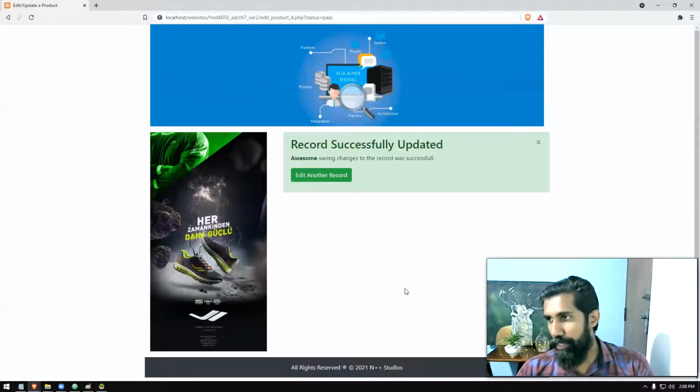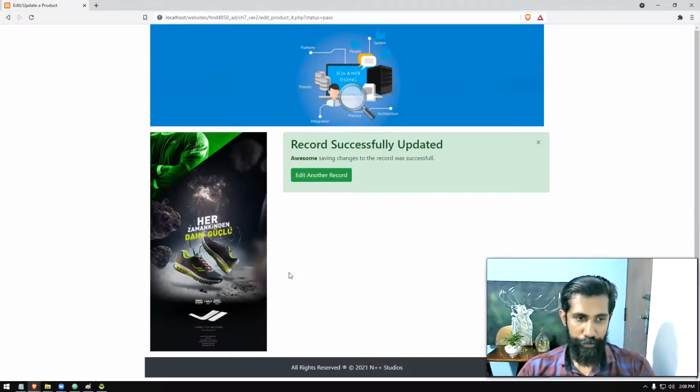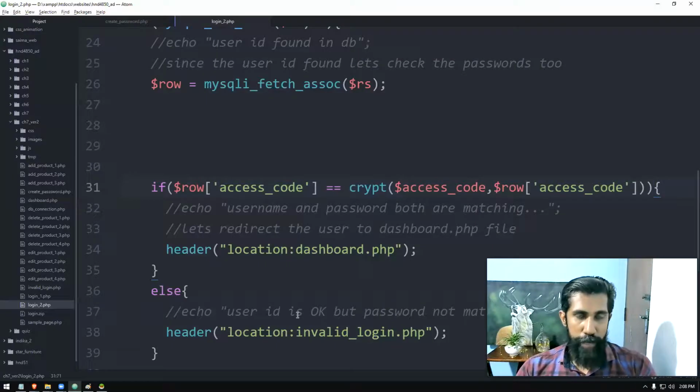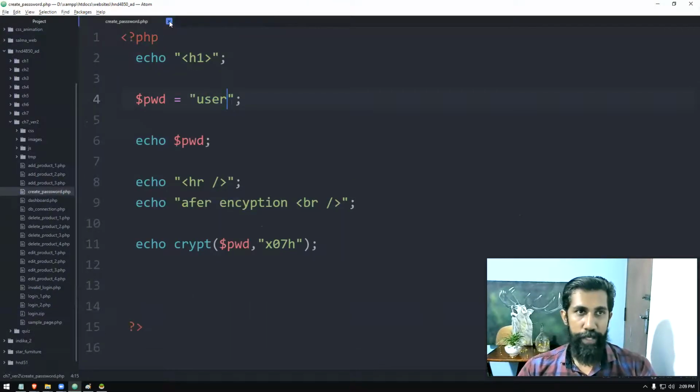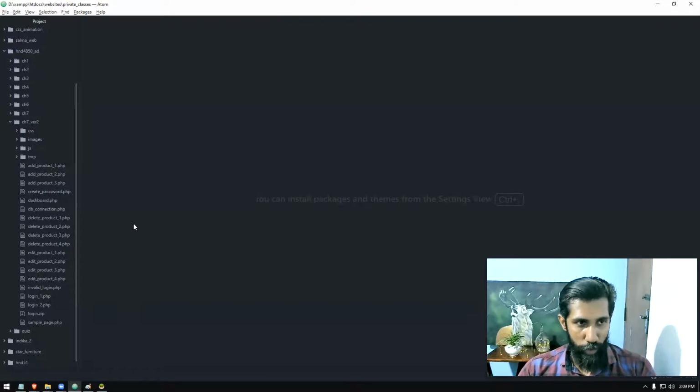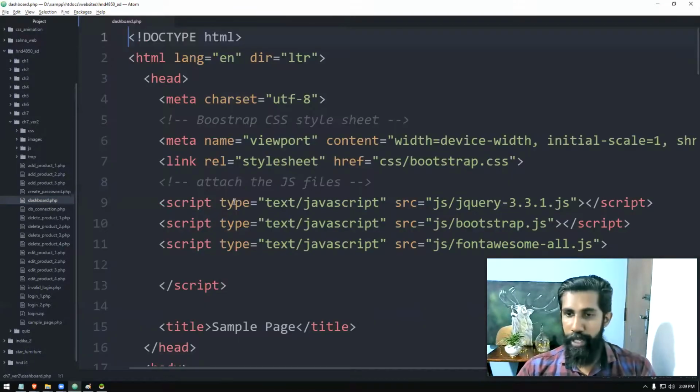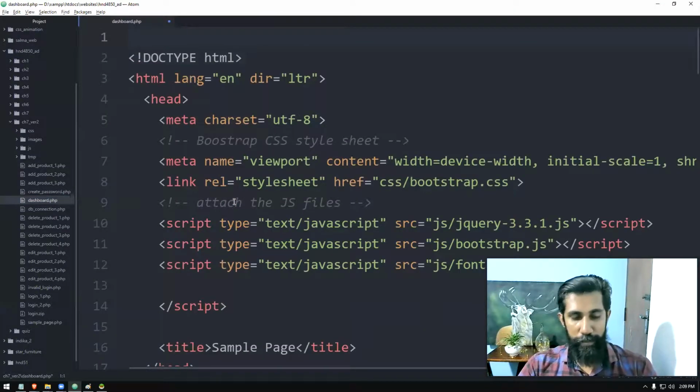So let's do that part. For your study purpose, I am maintaining separate pages, separate versions. Okay, let's see how it can be done. Step 1, we will block one page and I'll show you how it's done. Then I will apply the same code using another way to all the restricted pages. Now, first of all, we will go to the dashboard file. At the very top part of the dashboard file, I'm going to write some code so I can do the validation.